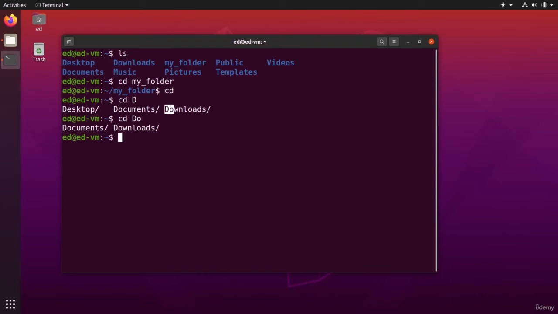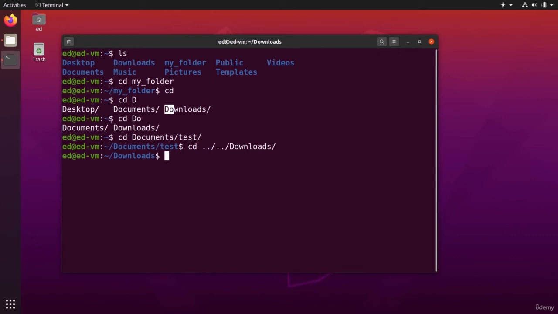If I want to go to documents/tests, I do cd doc tab, enter. If I want to go from there to downloads, I can do cd ../../dow tab, and that's it. So I'm going to use auto-completion a lot in this course, and I encourage you to do the same. Whenever you type some commands, just type the beginning and just try to use tab, and this will save you so much time.